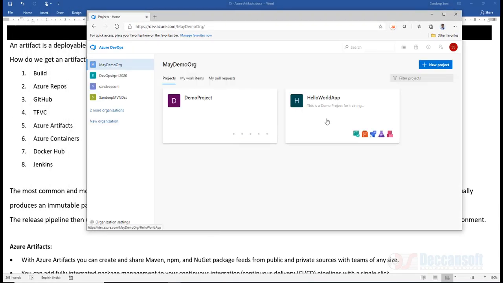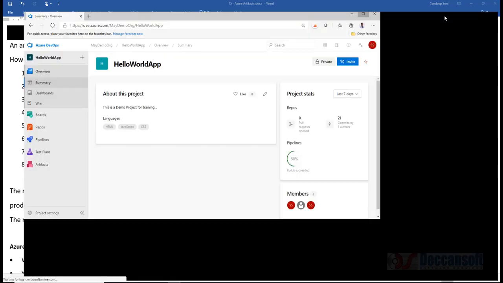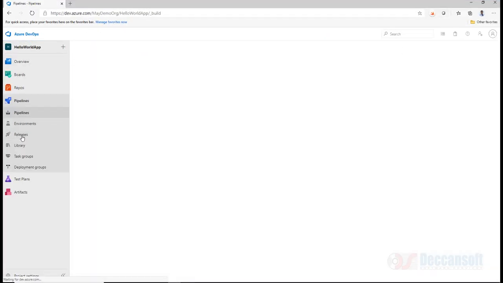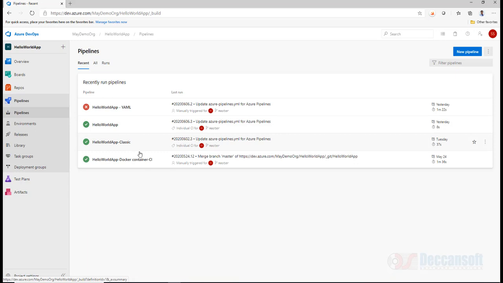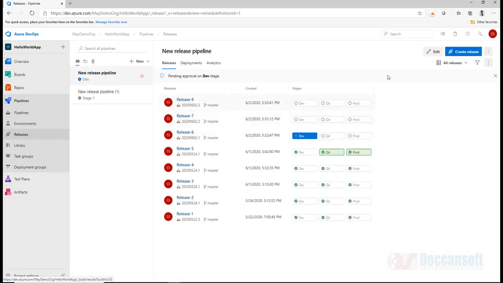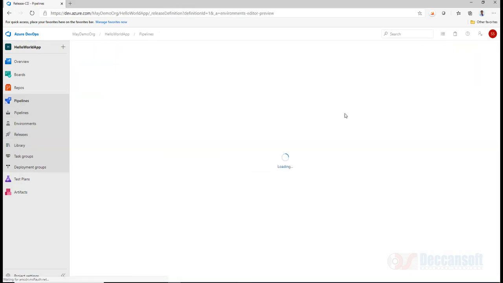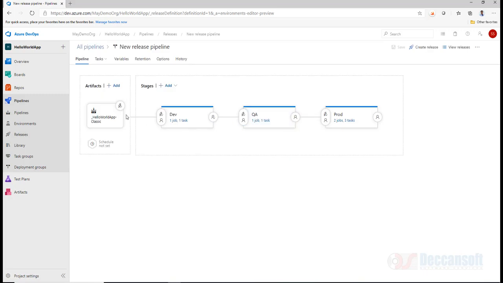Go to the project, and when you take a pipeline, let's pick up an existing one, maybe the release pipeline. You go to releases, edit, and you see here, this is an artifact.